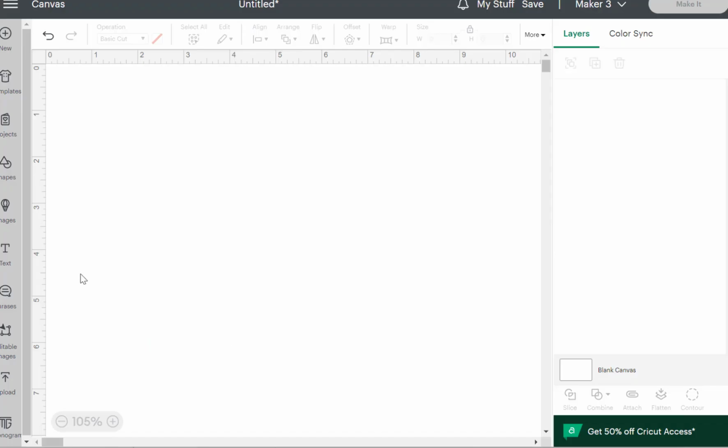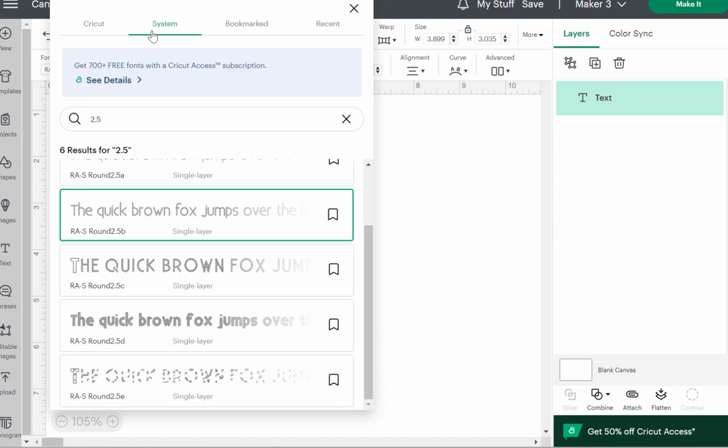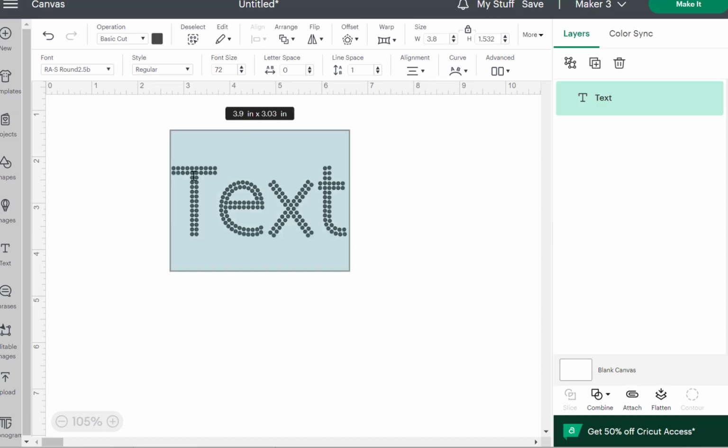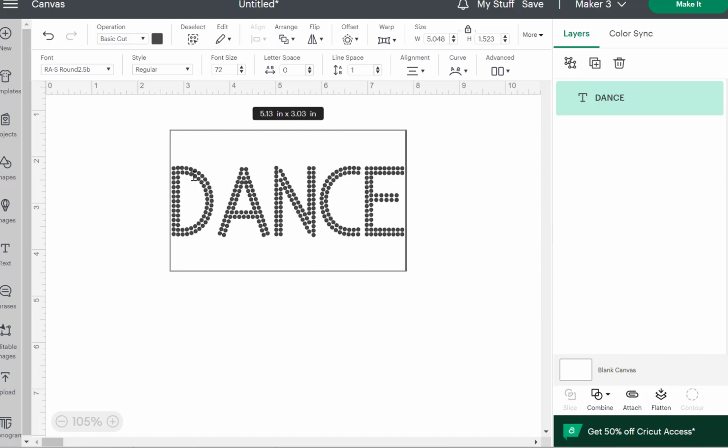So let's go ahead and open Cricut and hit the text tool. If you go into the system and type in 2.5, the system is your computer. So when you have downloaded a font, it's going to pop up in the system, not in the Cricut fonts. It'll be in the system. And here is 2.5B. So let's grab that, and I'm going to double click on it and type a word,